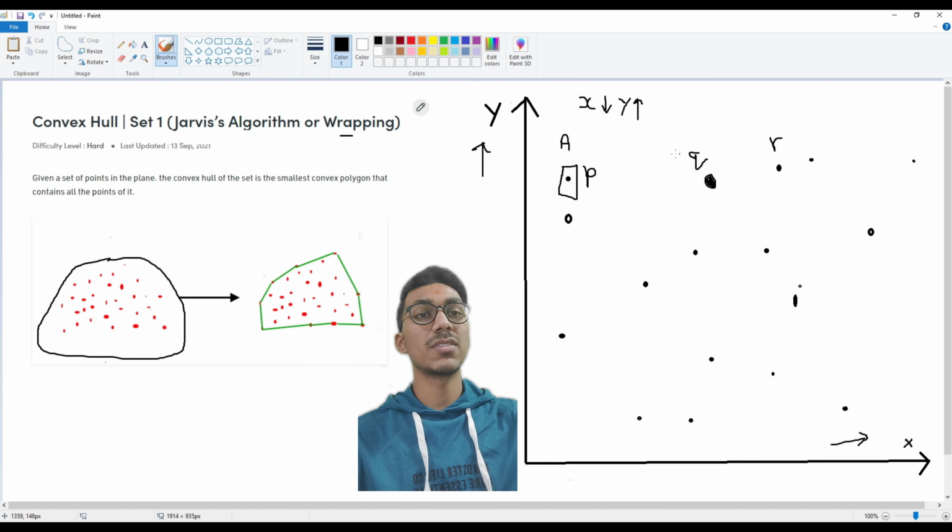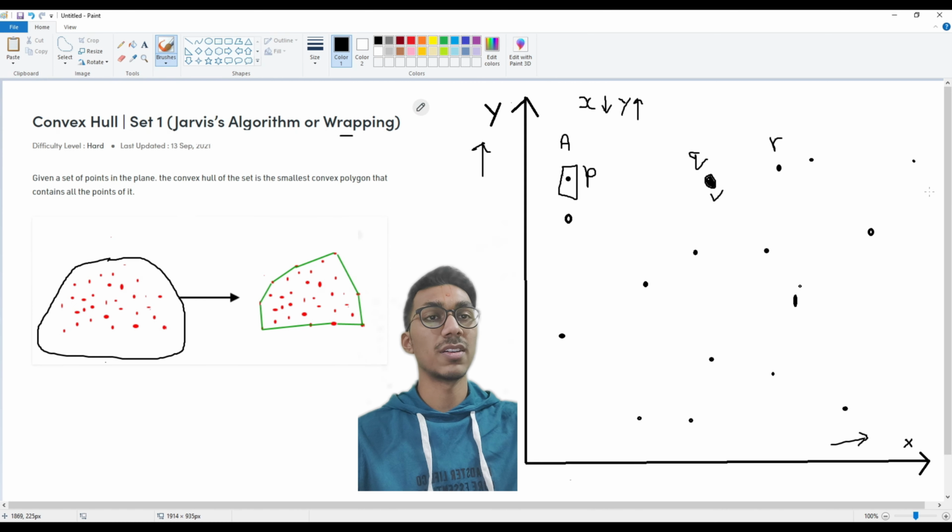Now the basic concept of this Jarvis algorithm is that if a point R is on the right side of Q, then Q and R will swap their positions and this point will be forwarded. Else, if R is on the left hand side, then we have to remember this point and PQR will be shifted one point further. Now let us see with the help of this example.